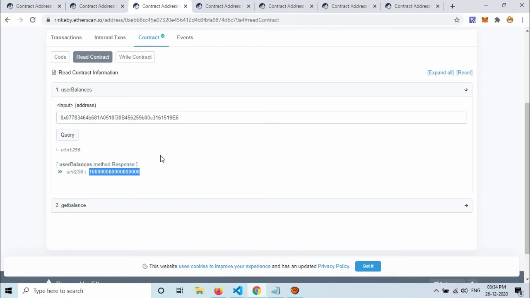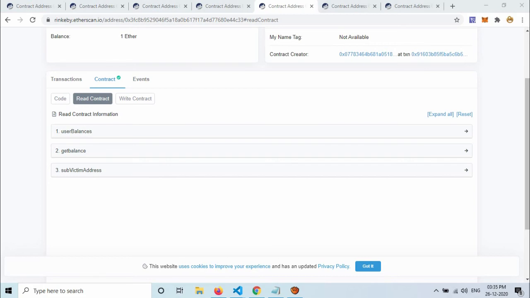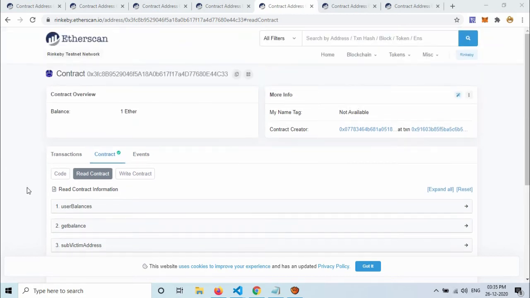So, this is the cross-function reentrancy demonstration. Now the cross-file reentrancy procedure. The same thing that happened with cross-function reentrancy, here we are going to demonstrate cross-file reentrancy.